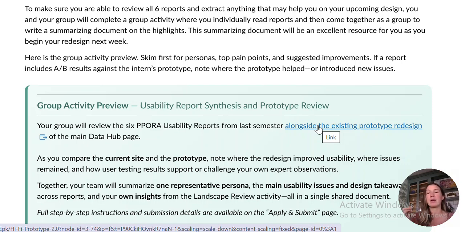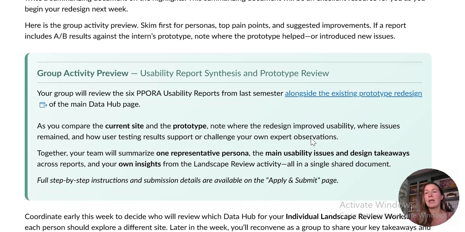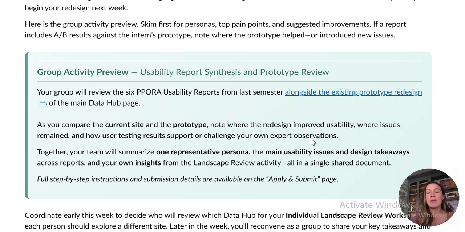You'll be reviewing the reports. Some of the reports looked at the prototype. Some looked at the whole data hub and the 5 link pages. Some just looked at an individual page. From my understanding, the UX research assignment had a lot of choose-your-own-adventure options. So our research is not totally comprehensive in that we have something for everything, but we have a lot to draw from. So it's incredibly important at this point that you fully understand what was tested, what issues came up, what design suggestions are presented from the UX research,